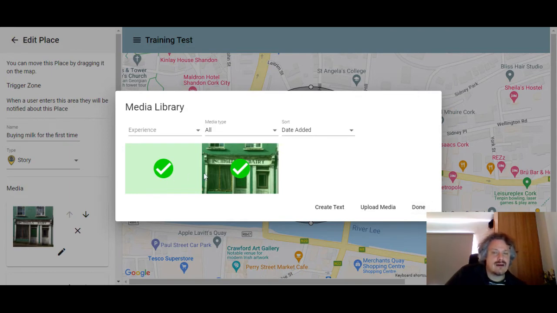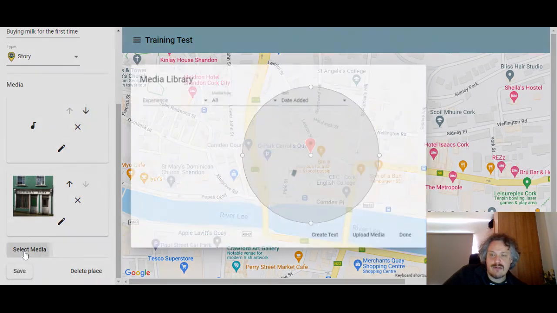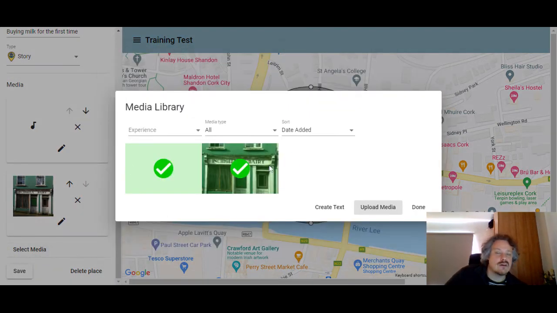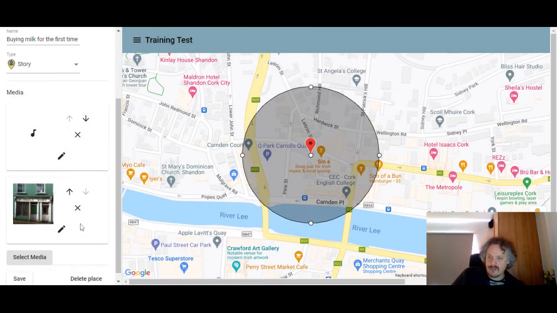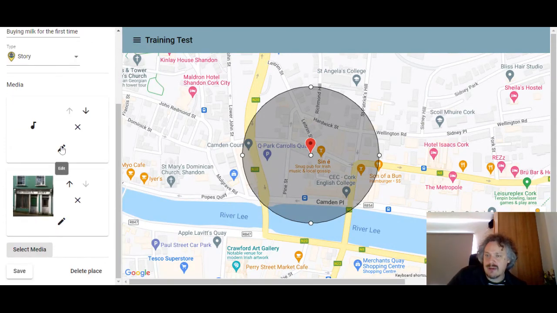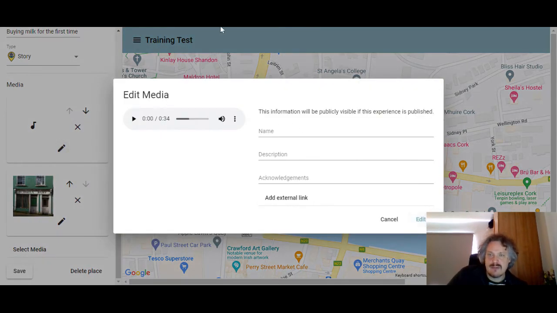Those ticks mean I've clicked those. I can unclick them or re-click them. You'll see on the left it's changing, and it's basically attaching them, snapping them onto this location when I do that. Whenever you go back in, it's quite useful. If you go select media, it will always show you with a tick which ones you have associated with the story. So that's very useful. What we need now is some information about, let's say, this